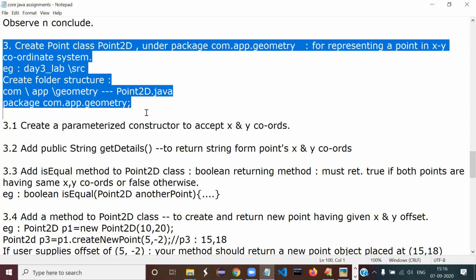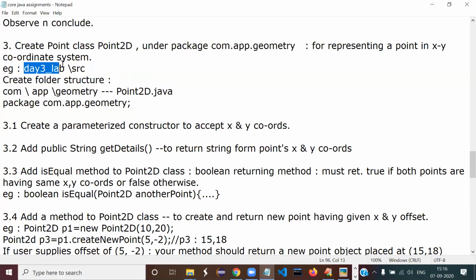Okay, so first, understand the requirement of today. First thing, I have not written it, but here I have mentioned, you should create a separate folder. You know, so this was all shared data. So under your workspace, you will be creating day 3 lab. Don't do it right now, I'm just explaining. And under that, which 2 folders will you create?